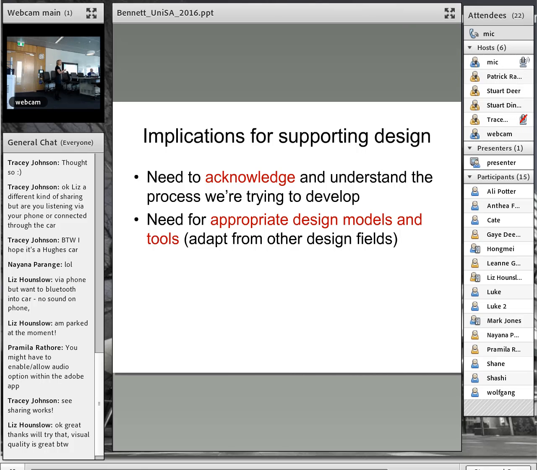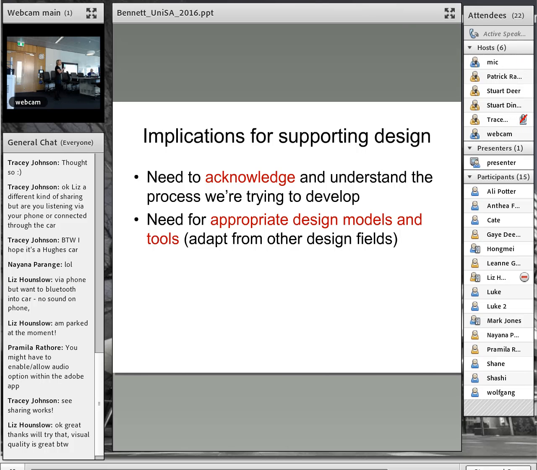There's been some work done on this already with representation, and people who've used representations have found them really helpful in their design process. We need to do more of that and look at how those representations work. It doesn't mean there's going to be one representation. There could be many, but we need to understand what the characteristics of a really useful representation are.